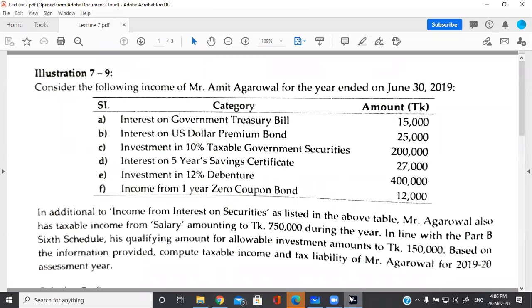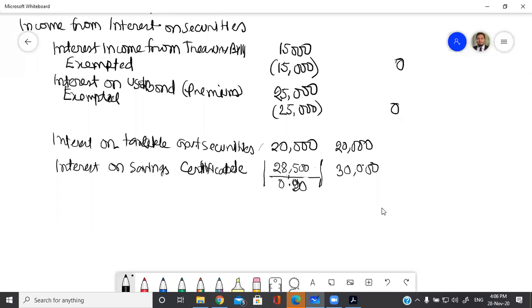Next one is investment in 12% debenture. Remember, if it is 10% TDS, that means you already have paid how much tax of TDS? 10%. In the form of TDS, you already have paid 1,500. Will it reduce your net tax to be paid with income tax return? Because you already have paid something. Yes, sir, it will reduce. Okay, then